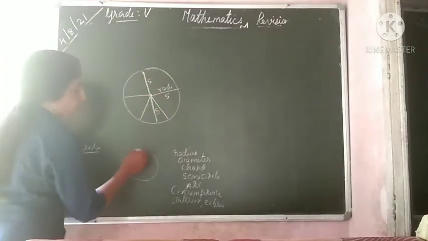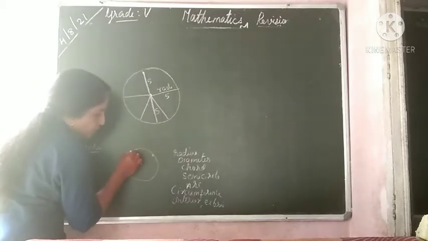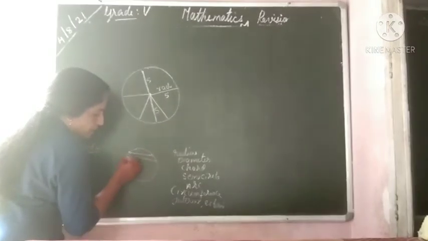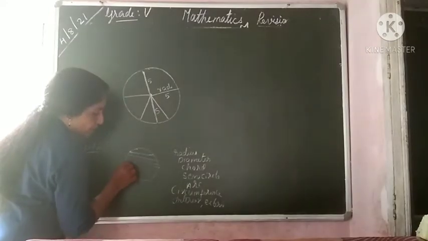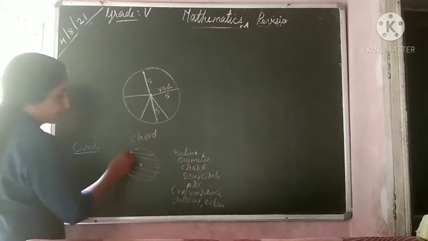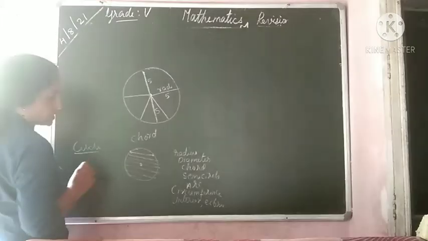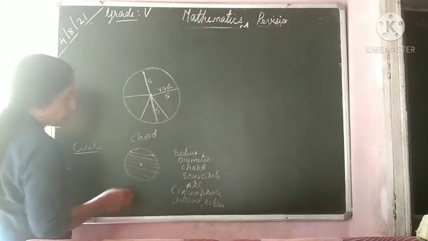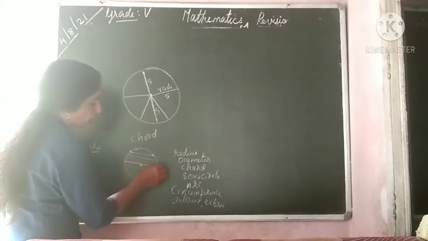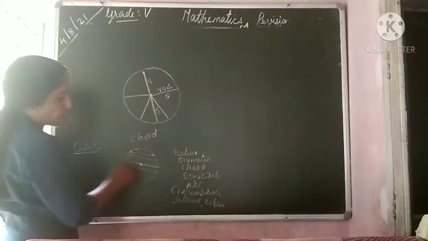Now listen, this is a circle and we can draw a line like this. Between two points on the circle, we can draw many such lines. This is called a chord, C-H-O-R-D, a chord of the circle: the line from one point to another point on the circle. And a chord passing through the center is called the diameter, the longest chord.